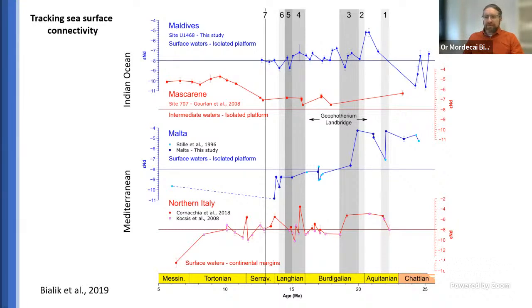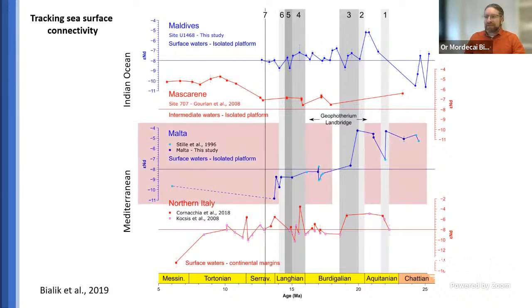And there was some data published from northern Italy, but that was on a continental margin, and it has a whole bunch of other components that are adding to it. It's not as clean. But for Malta, well, that's a quite nice record with two major steps. One going from beginning very radiogenic in late Oligocene, early Miocene, dropping down to around -8, and then dropping down to around -11. But wait, -8 is the value in the Indian Ocean. Why is it so radiogenic to begin with? Shouldn't it be closer to what the Indian Ocean is bringing in?